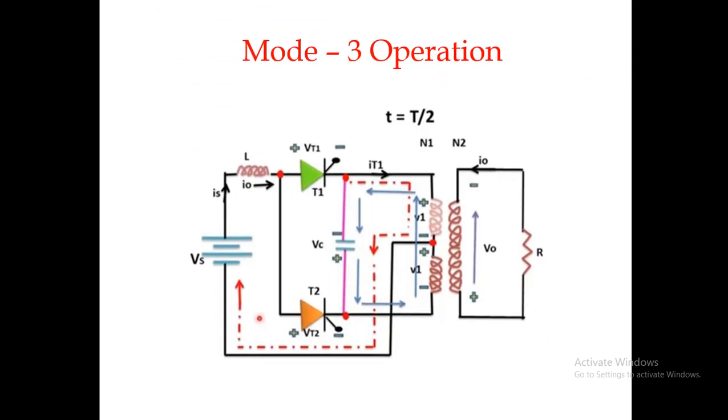Then in the mode 3 operation, again, now we are going to turn on the thyristor T1 and turn off the thyristor T2, and the same analysis that we used applies here also. Look at the polarities across the capacitor. This is plus, this is minus. Apply the same polarities across T1 and T2. This seems to be forward biased, this seems to be reverse biased. With this, T2 is going to be off and T1 is going to be on with respect to the polarities of the capacitor.